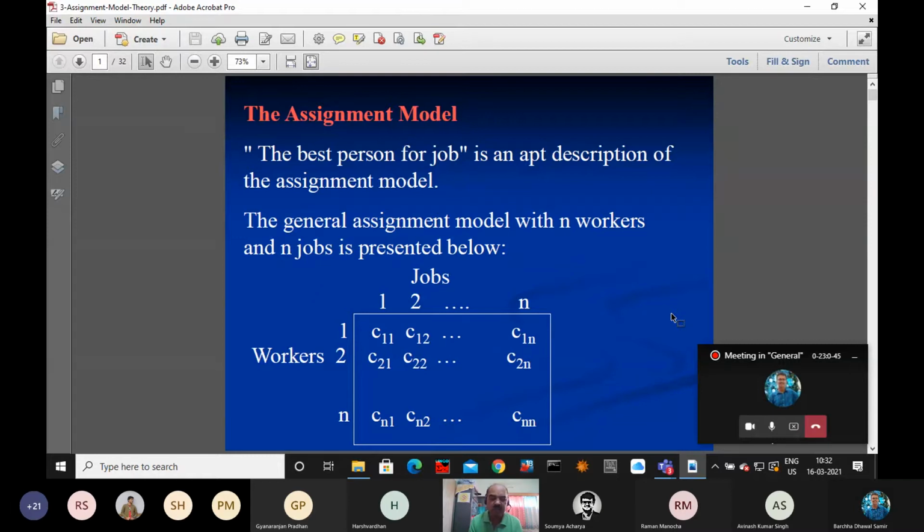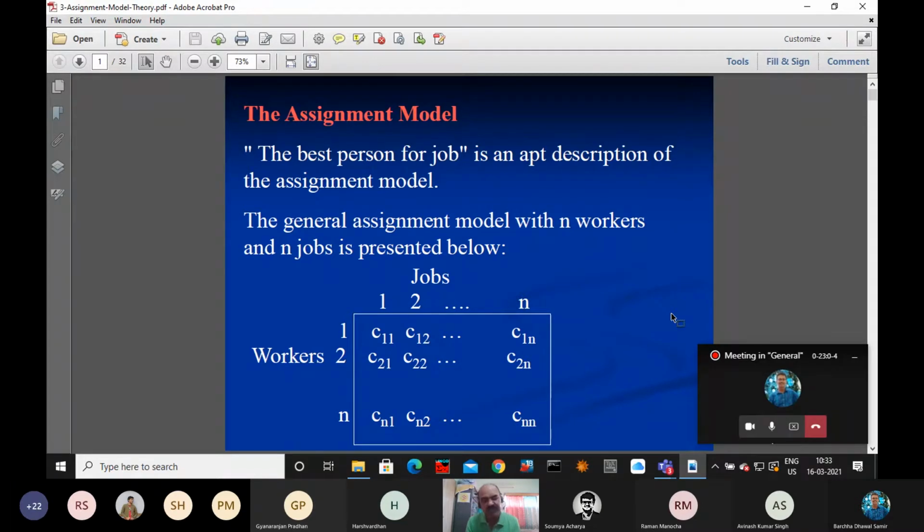We are going to assign a job to machine 1, or machine 2, or machine n, depending on the processing time. Similarly, for job 2, the processing time is given, and we are supposed to assign a job to a machine. Only one job can be assigned to a machine. At a time it cannot process more than one job. One job to one machine.